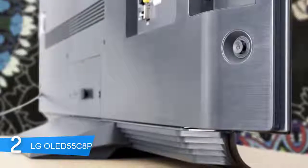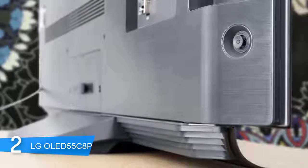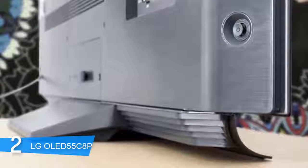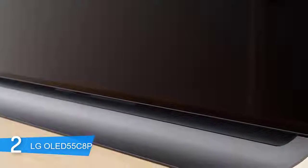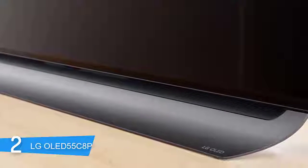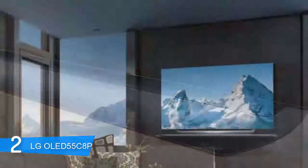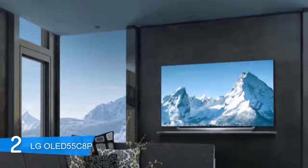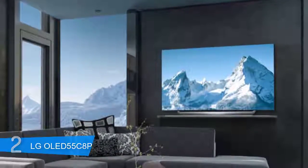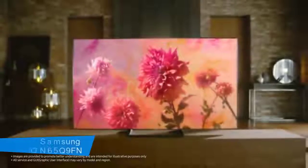Another great thing about this TV is the pixel level dimming technology, which means that 8.3 million individually lit pixels will be optimized to ensure the best possible definition of the blacks as well as the details, so I really think you'll be extremely attached to this TV. Finally, I recommend you consider the LG 55C8P seriously, especially if you want to feel the benefits of having an OLED TV. And at number 1, it's the Samsung